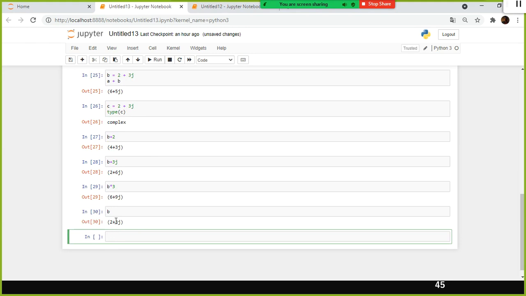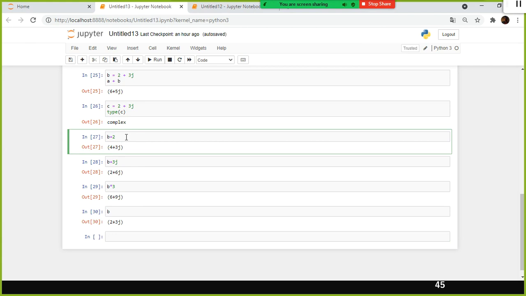See, when I perform an arithmetic operation with 3, a scalar value, what do you mean by scalar value? A single value. When I add a scalar value with b, it is getting added with the respective component. Since it is real, the real value gets added with the real part.